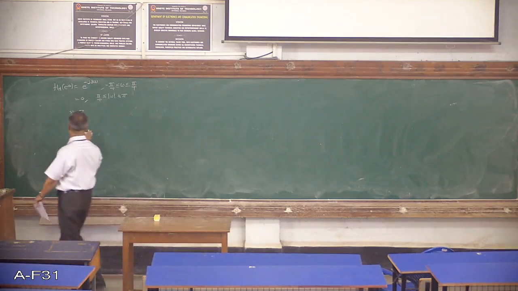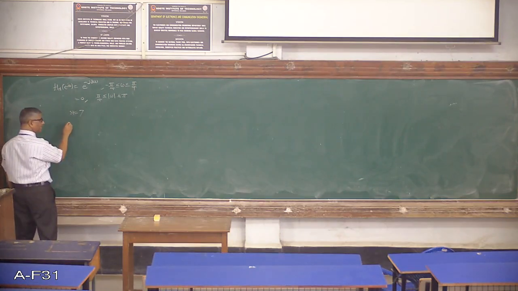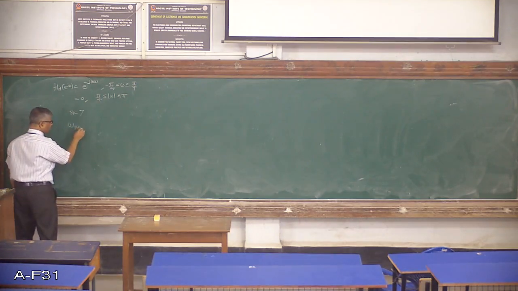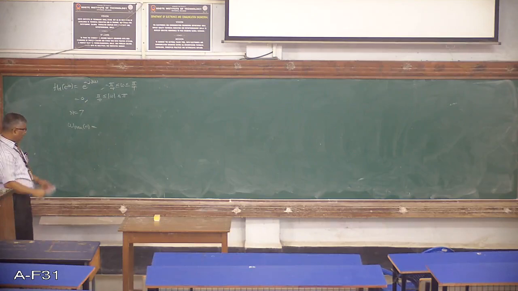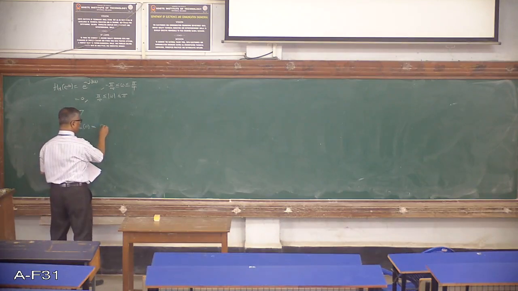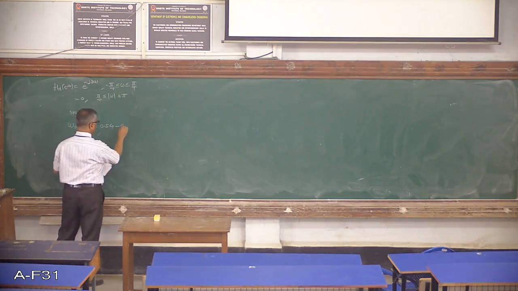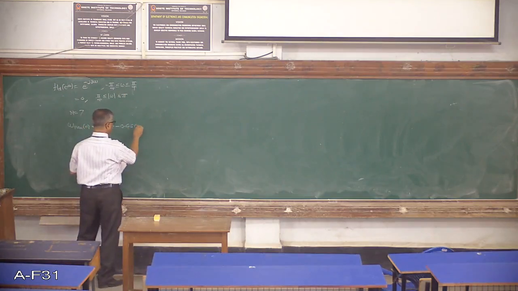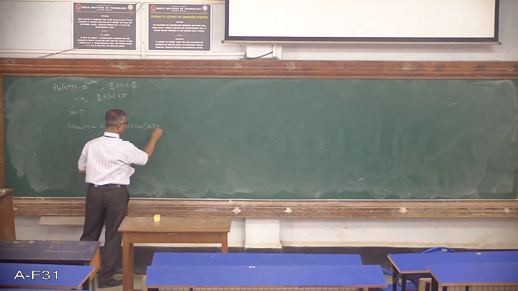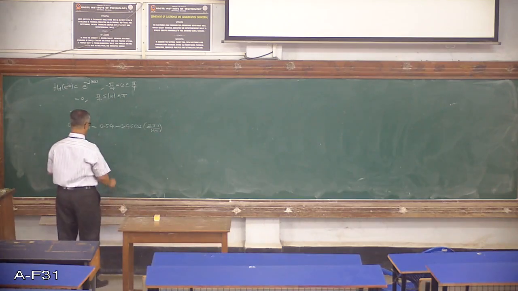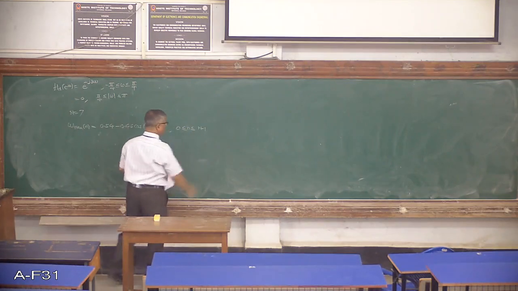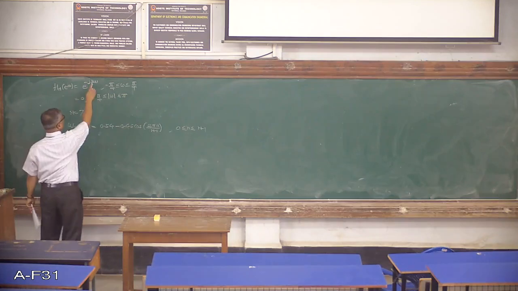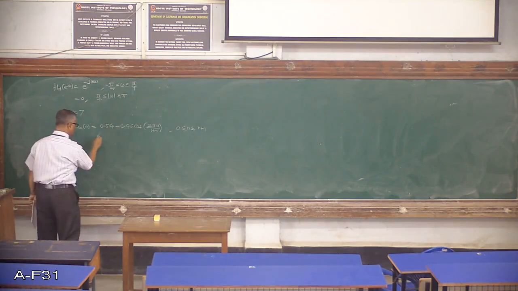The Hamming window of size N is analytically defined as, see, this is the expression, if you remember: 0.54 minus 0.46 cos of 2 pi n divided by N minus 1. This is for the interval 0 less than or equal to n less than or equal to N minus 1. I am defining a causal window again because the phase response is given. I am taking a right-sided window and it will be 0 otherwise.